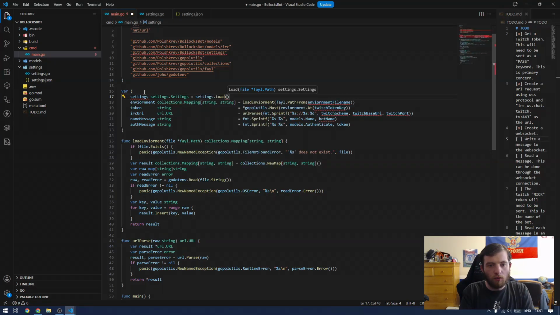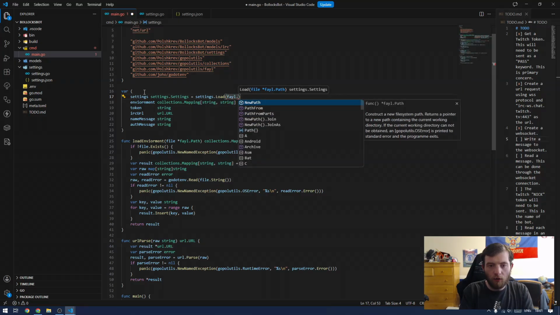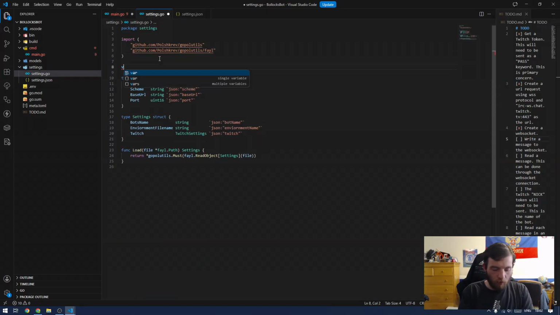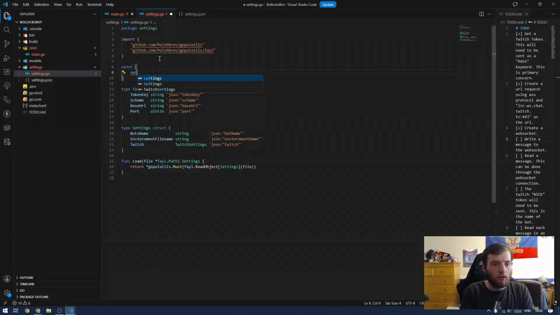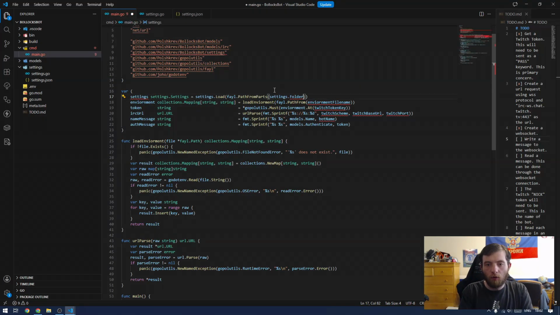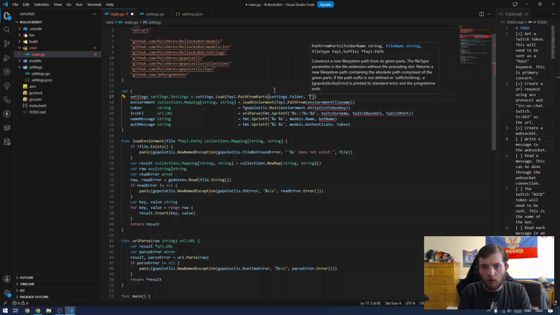To settings load file dot path from parts. Oh, and then I do const, yeah, const setting folder. I do folder just so that I know. Settings folder name